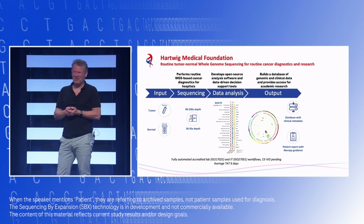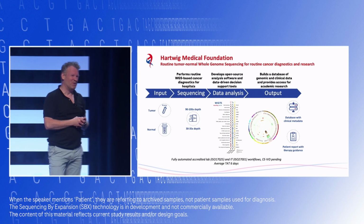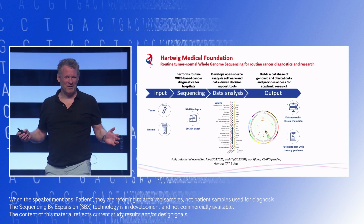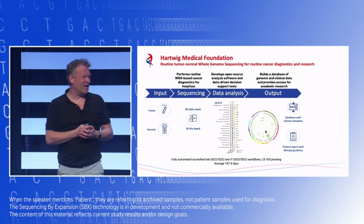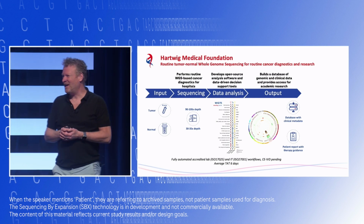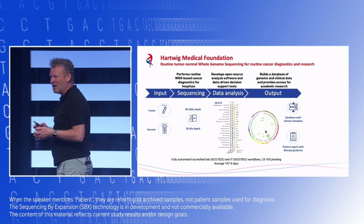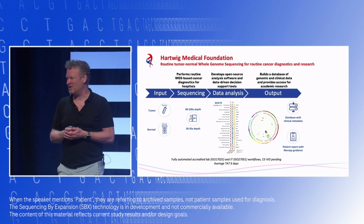So the biggest question, of course, is for Gustav, that everyone has in mind. But the other question is also, how does all of this work in the wild? So how does it work in a routine lab? What can we already deliver with that? And I'm very excited to be presenting for the first time the work that we did in the past less